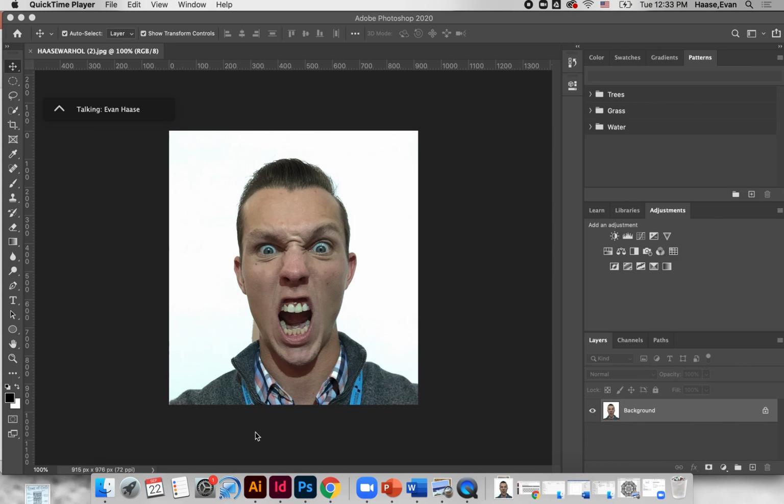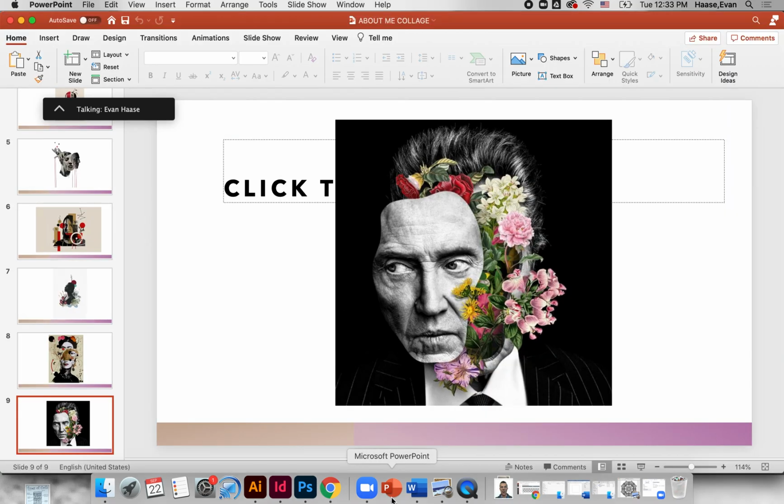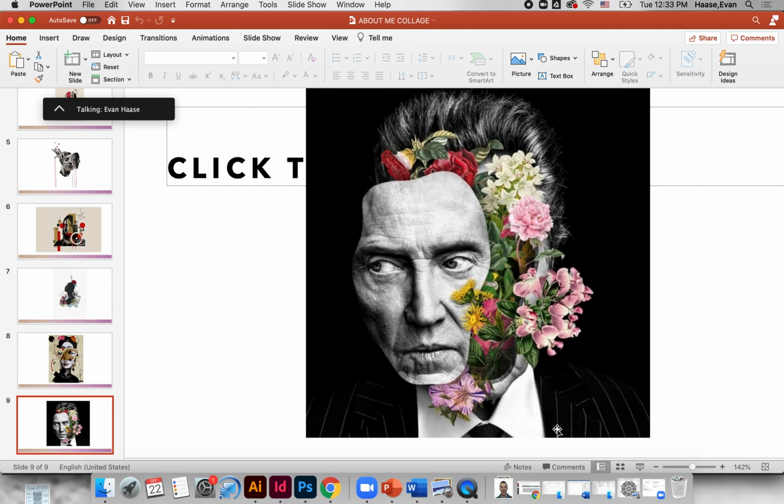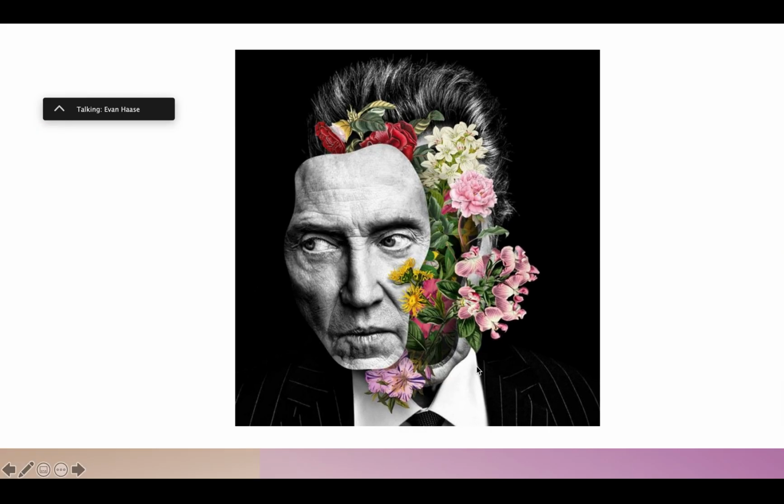Alrighty. So today I want to show you just a quick tutorial, quick fun thing that you can use. Obviously this isn't something that's required, but it's a cool technique that might help you spice up your design for your About Me collage. So what we're going to learn really quick is how to do this awesome cutout that you see here, and I can kind of make this bigger for you, where we pull off a part of